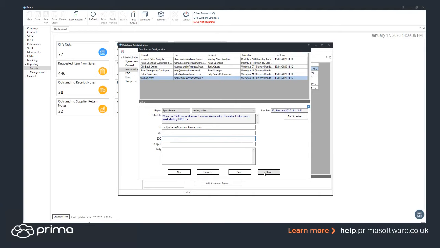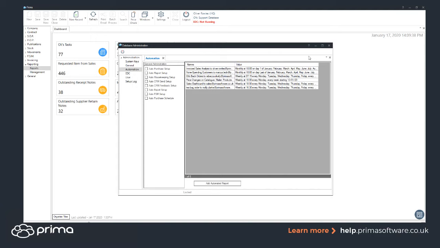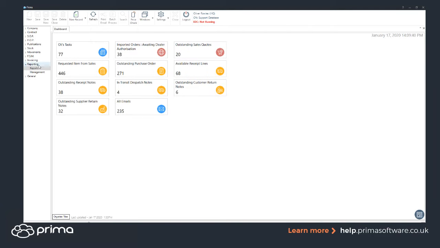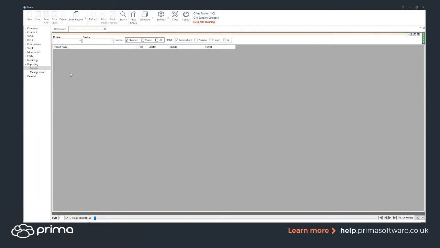Okay, so that's not everything for today's session. What we'll just run through quickly is the actual reports and some suggestions that you could benefit from as well. So when you come into the reports area of Prima, you've got the options to search on either standard reports, Prima's put in for you, custom, if you've actually customised one of these standard reports in Prima, and then all, searching for both kinds of reports. So you can see the one that I've customised earlier and the one that Prima's put in for me as well. You've also got the format, so spreadsheet, as I mentioned, rows and columns of data,